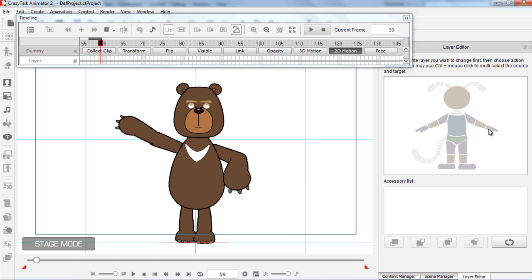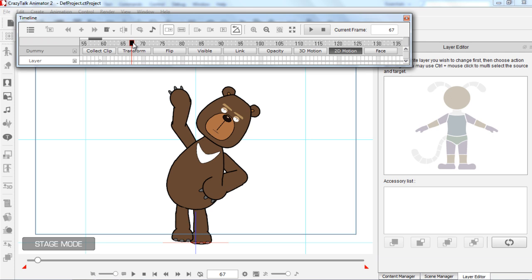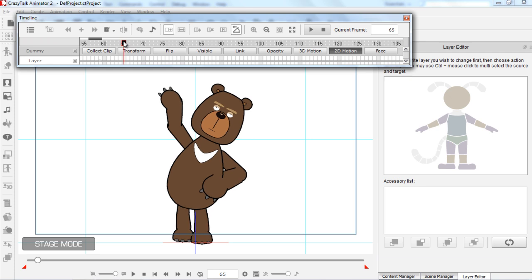So you can select that hand again right here and move it in front of the upper torso as well. And then we shouldn't have that problem. Well, if we do still have that problem, then there's one more thing we can do actually, and that is